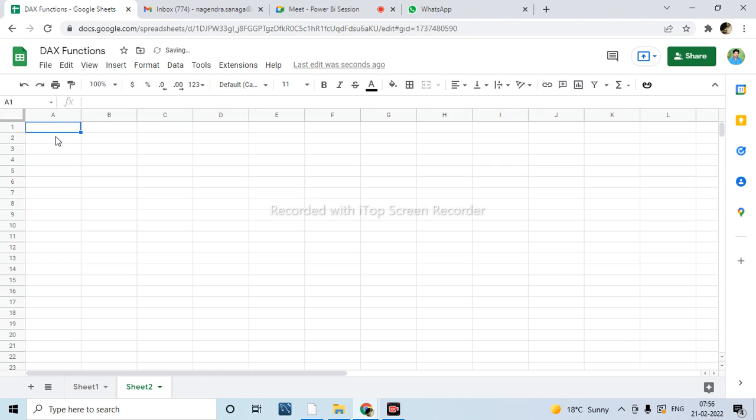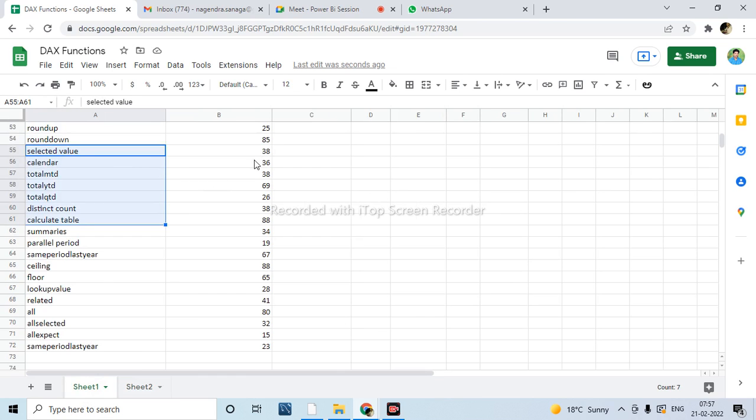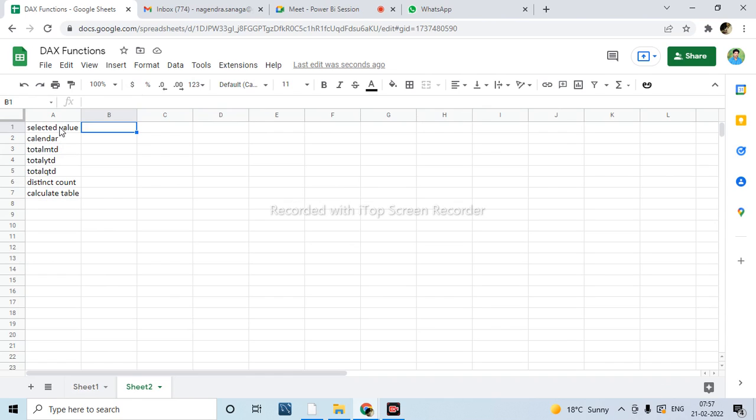Those who already know the VLOOKUP formula, that is the same thing. Now here I am taking just one more example. Now I want to see the value we have for the selected value. The selected value result is, now we have this overall here, and I want to fetch only this information, like the 38, based on my mapping here from selected value calendar. Now I need to get the information.